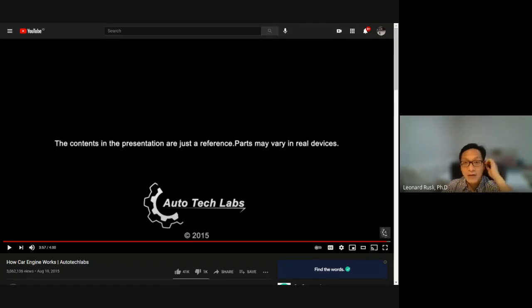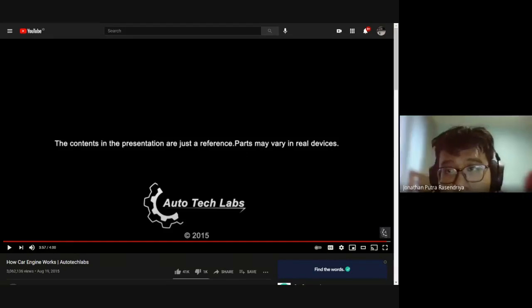Oke, tadi suaranya keluar kan ya? Keluar, Pak. Keluar, Pak. So,